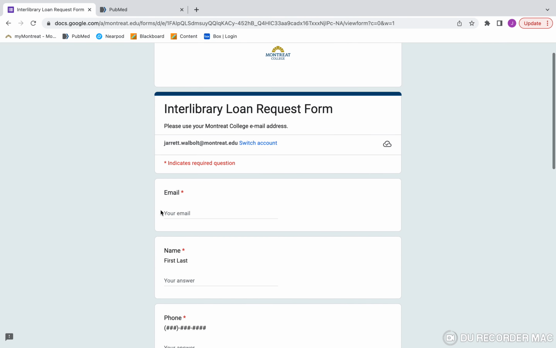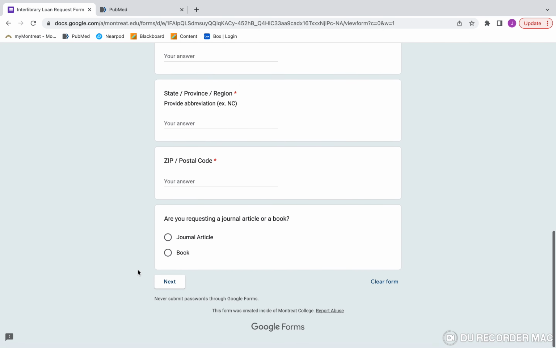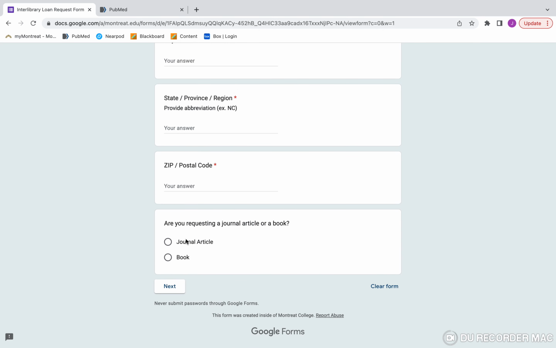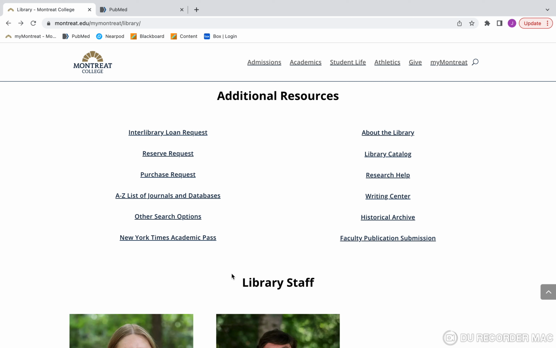You can go here, put in your email, first name, phone number, all this information, and then say you're looking for a journal article. You go to next, you put in the journal article's information, and then that sends it to our library team, who then goes and finds you a copy of what you want to read. This is a superpower. They're really good at what they do. They'll get it to you quickly, and usually can find what you're looking for.